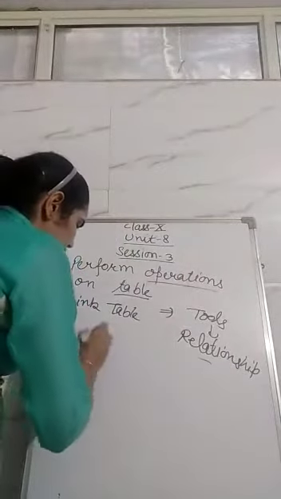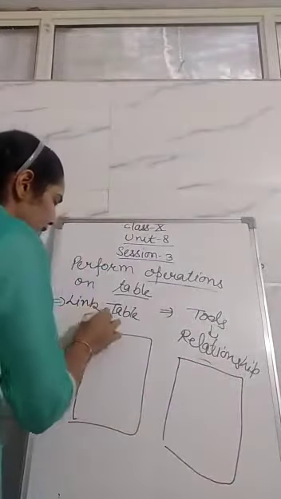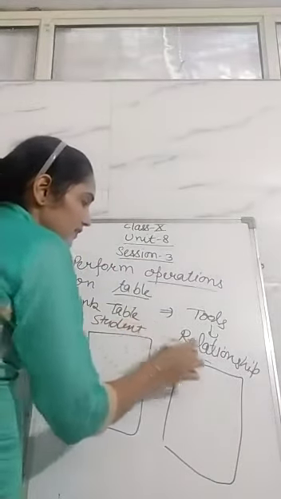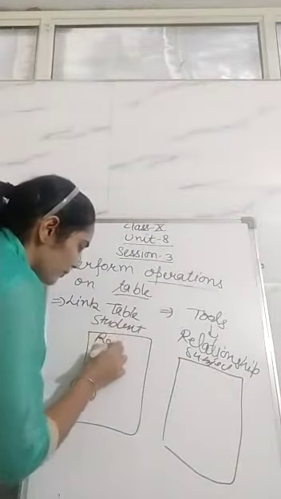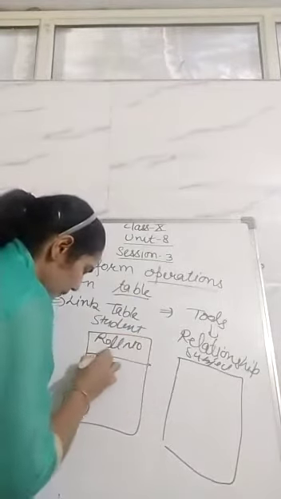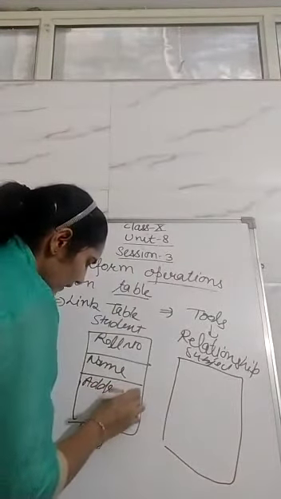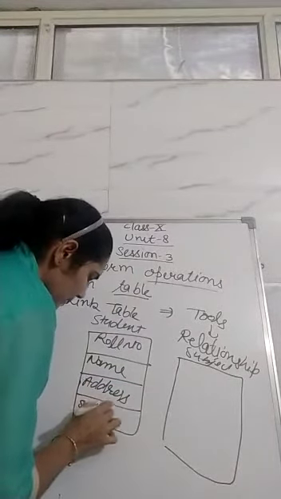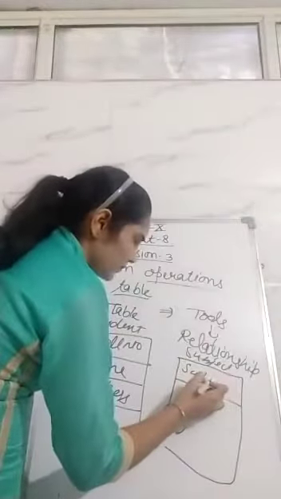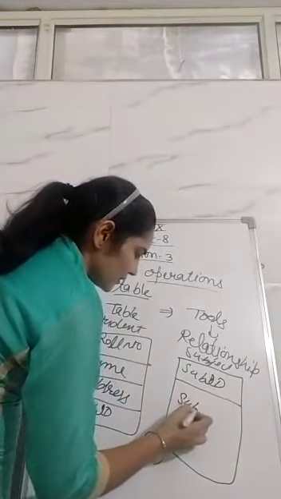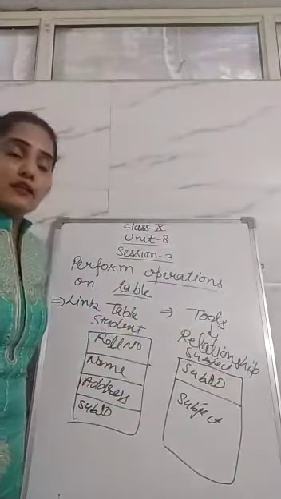When you add both tables, how do they show? Suppose this is your table number 1 and this is your table number 2. Table number 1 was student data and this one is subject data. In student data, what fields do we have? Roll number, name, and then address, and one more field, subject ID. And in this table only two fields were there, subject ID and subject. When we add the tables, it shows the fields of the tables like this.